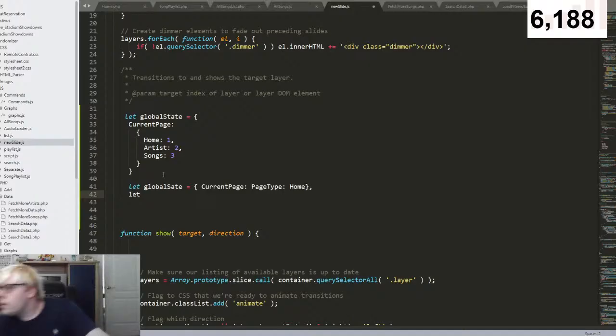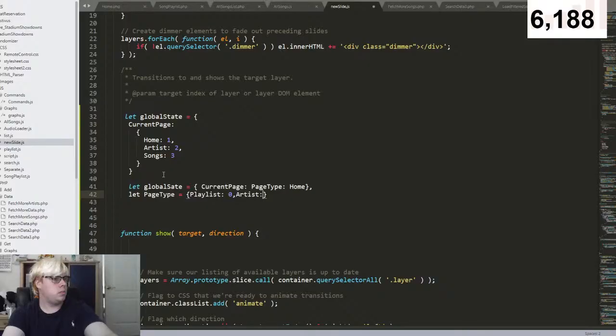I think that's a comma right there. I think that's a comma. Let page type equal, oh, this is how I